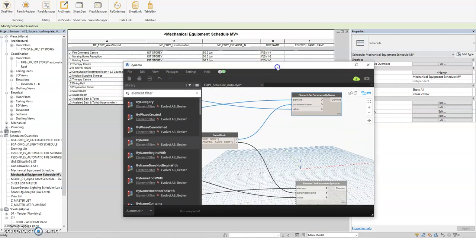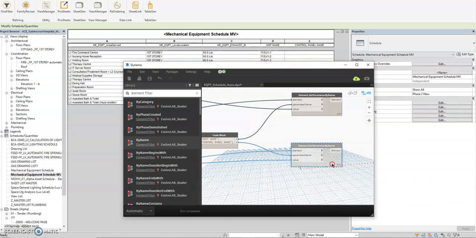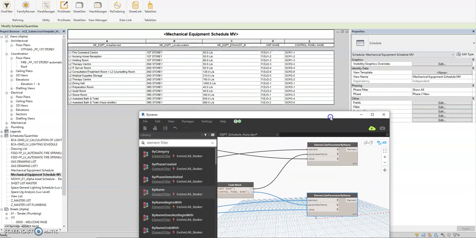Okay, and then again, if I unfreeze also this one, it will populate also based on the matching together. So it's not limited to mechanical equipment, electrical, we can use this one. And one more thing, if I close this one, okay,